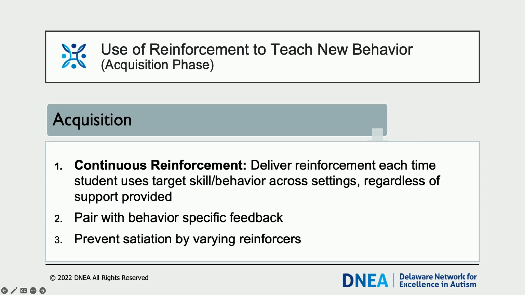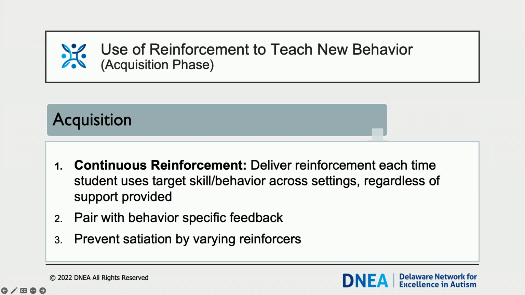As mentioned, there are different phases of learning. The acquisition phase is when the student is first learning a new skill. This acquisition phase is where we start when we are using reinforcement. It is important in this phase to have continuous and consistent delivery of reinforcement to strengthen the association between the behavior and the reinforcer. Keep in mind this continuous schedule of reinforcement when choosing reinforcers and choose something that is effective but feasible. Ideally, the reinforcement should be occurring across settings that the student is expected to use the skill.